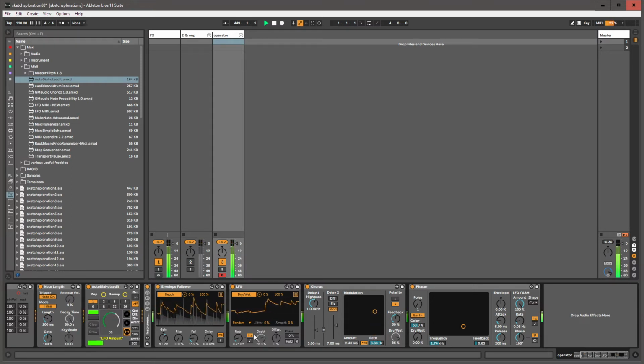Let's try ping pong on that one. And I want to see what mapping this envelope follower to the rate, but reversing the